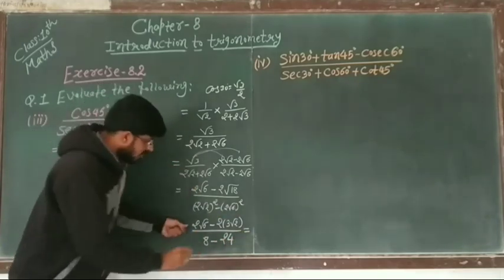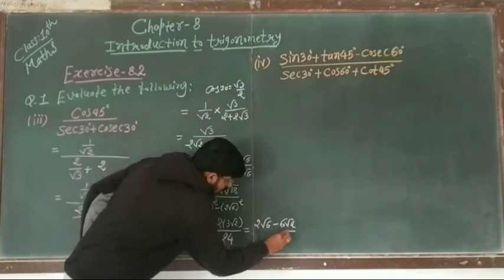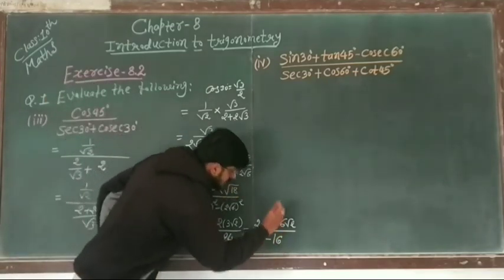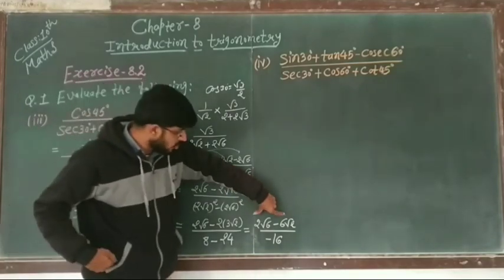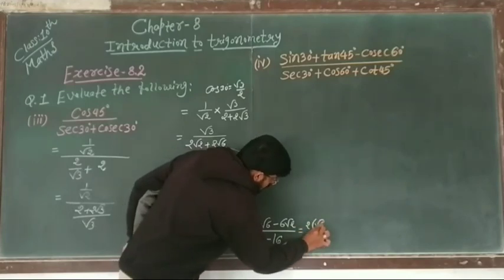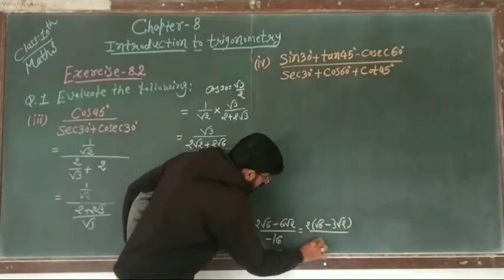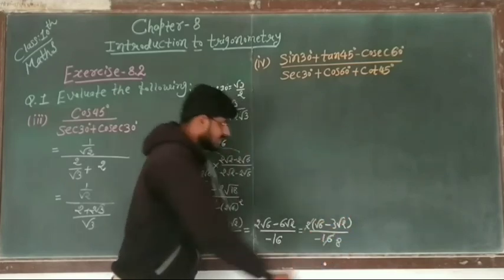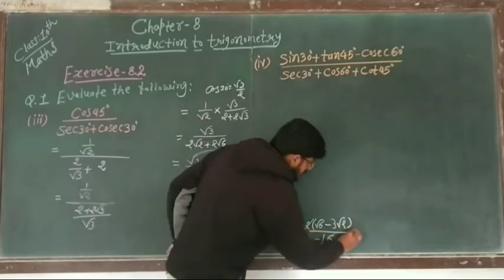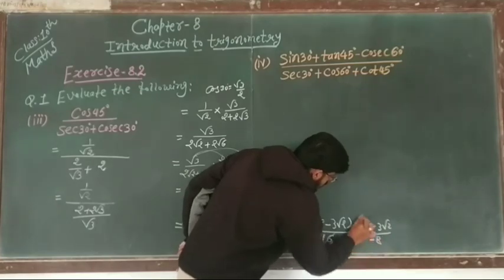So we can write 2 under root 6 minus 3 2s are 6 root 2 upon 24 minus 8, that is 16, minus 16. Also we use common 2 from numerator, so we can write 2 common. So root 6 minus 3 root 2 upon minus 16. So cancel out, 2 8s are 16. So final answer is root 6 minus 3 root 2 upon minus 8. Root 6 minus 3 root 2 upon minus 8 is the final answer.